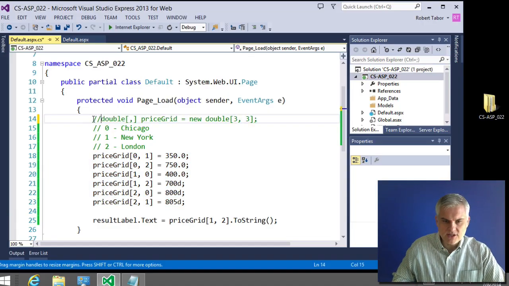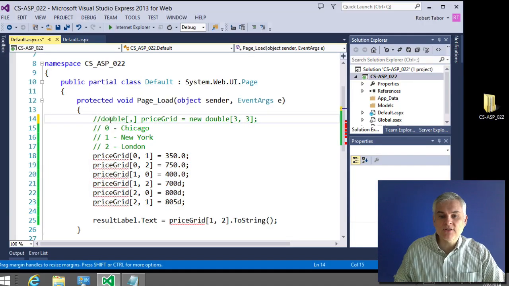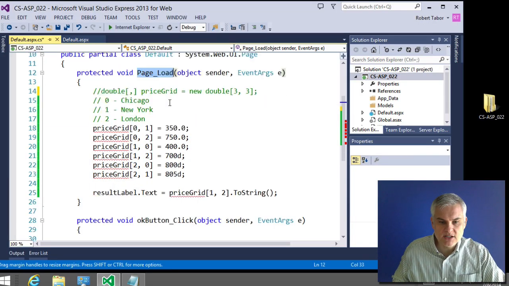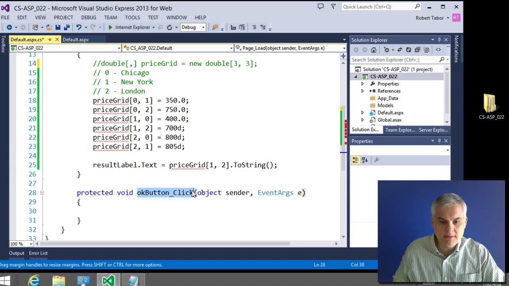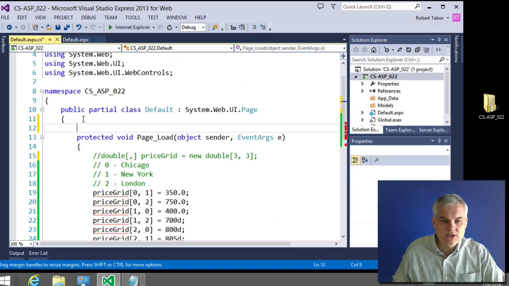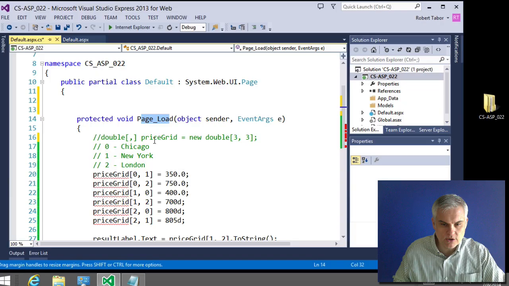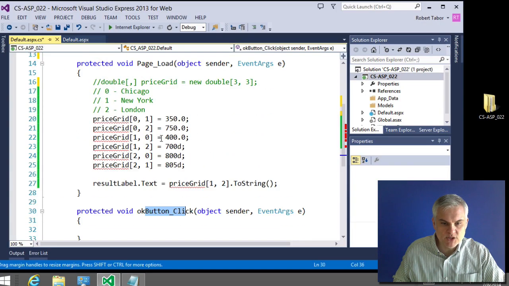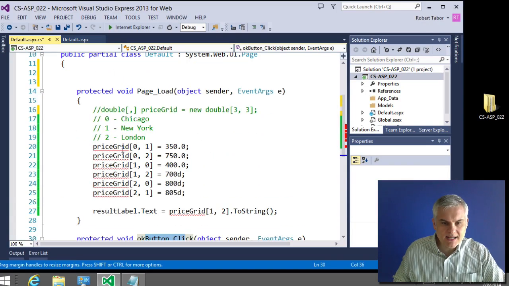I'm going to actually create a variable that's outside of the scope of the page load and outside of the scope of the OK button, so that it can be used by both page load and OK button. So in other words, if I created this price grid variable here at this level,